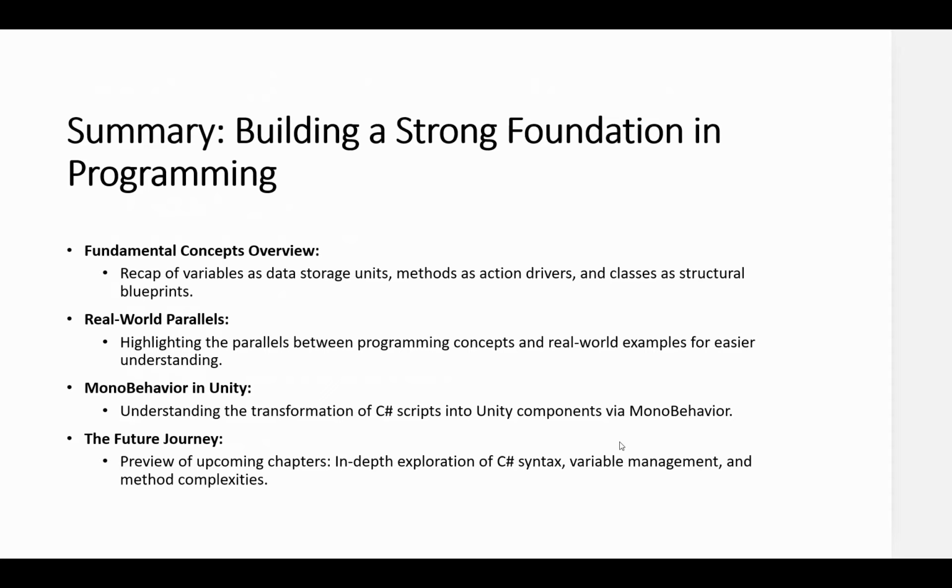We also discussed MonoBehaviour, understanding how it allows our script to integrate seamlessly as components in Unity. And finally, we looked at how classes communicate with each other using dot notation, a fundamental aspect of creating interactive and dynamic games. As we move forward, the rest of this playlist will guide you through a detailed exploration of C Sharp syntax. We'll dive into how to create and manage variables, understanding value types, and develop both simple and complex methods. The upcoming units are designed to build on what we have learned, slowly adding layers of complexity and practical application